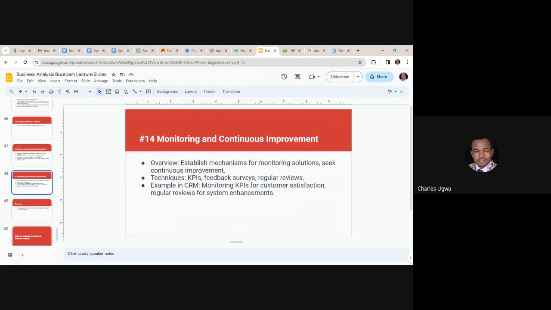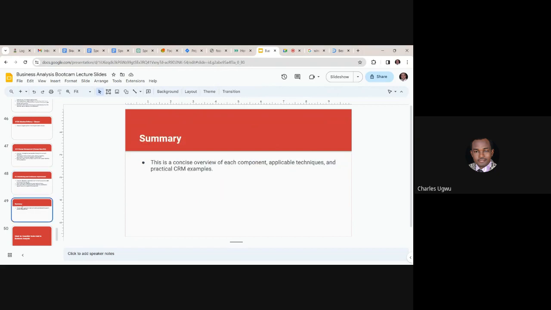So these are various enhancements that need to be happening in technologies, and that can be done through monitoring and continuous improvement. So that is, in summary,